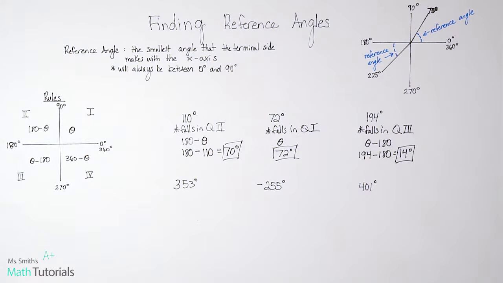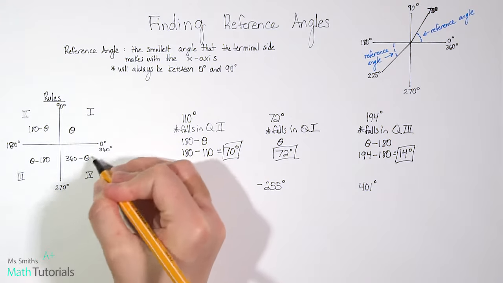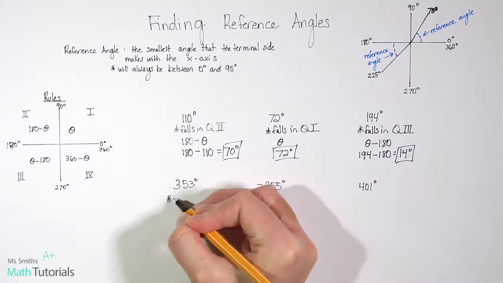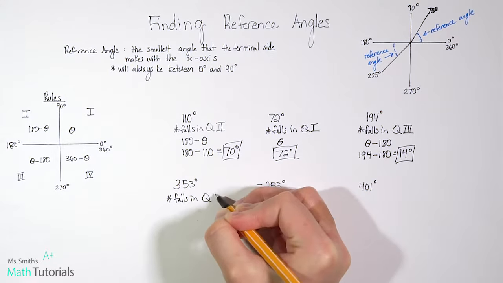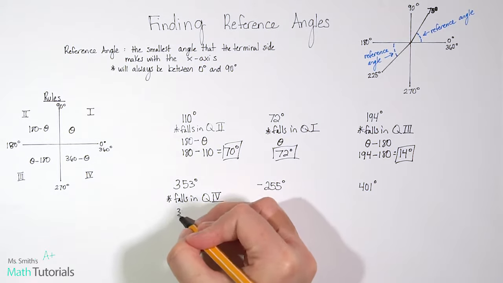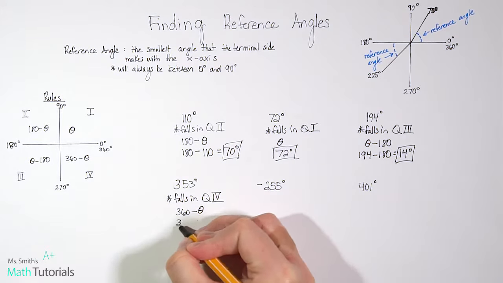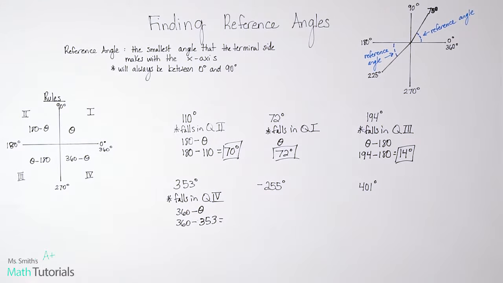For 353, well, that definitely is just less than 360, so that would be in our quadrant 4. It would fall between 270 and 360. So let's note that. So 353 falls in quadrant 4. And the rule for quadrant 4 is 360 minus theta. So let's plug in what we know theta is. 360 minus 353, which would give us 7 degrees